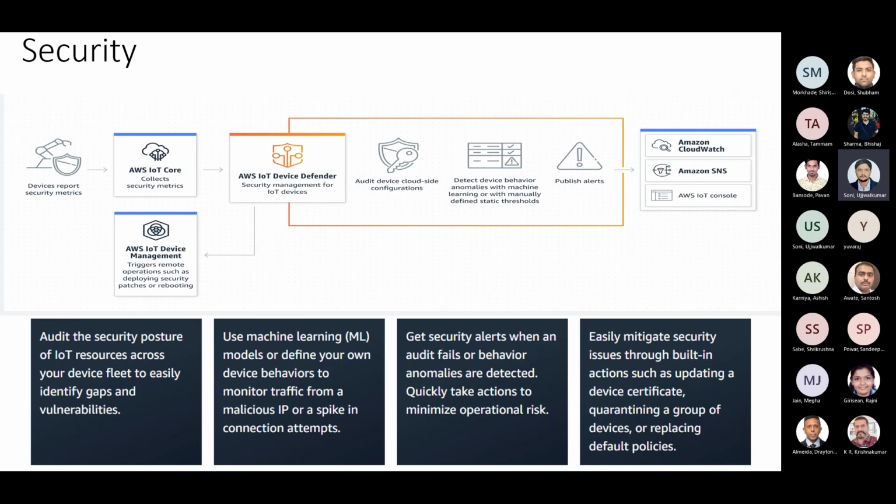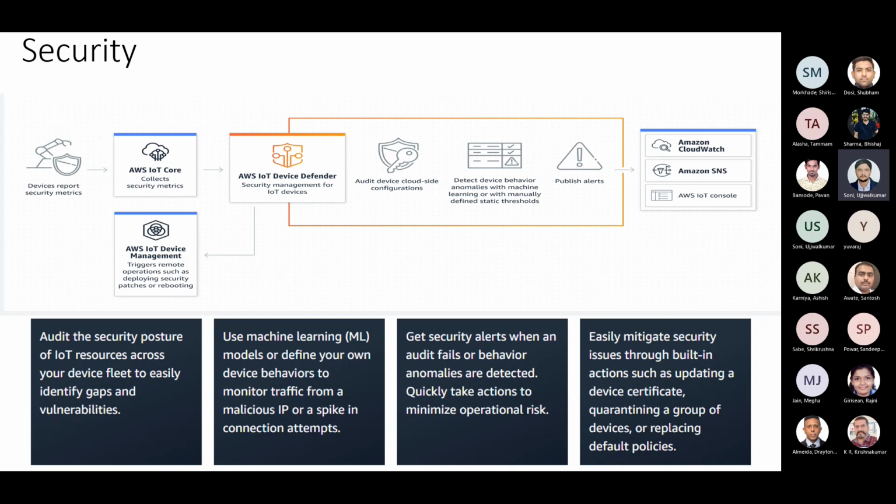So you can define thresholds manually, or you can use ML to define the behavior of your device. And you can also publish alerts to these three services at the moment. One is CloudWatch, a service which contains alarms. Let's say I have defined a threshold, like I told you, 100 degrees Celsius. If the device data passes that threshold, then CloudWatch automatically triggers messages using